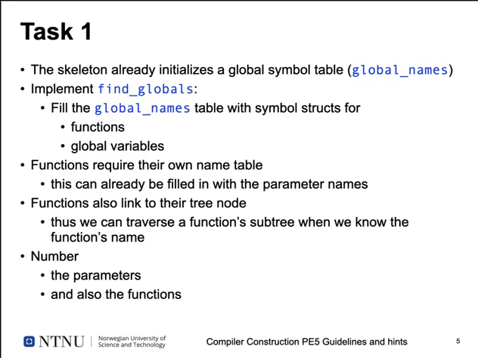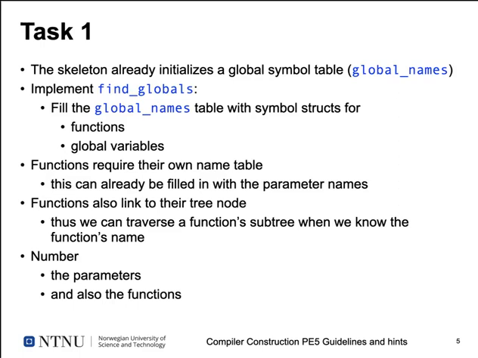Functions should be put in their own name table, and whenever you parse a function, you can already fill this with the parameter names because, well, that's convenient because it saves you a second pass. Functions also link to their tree nodes, so we still have our AST, obviously, so we need to build a connection from our function table